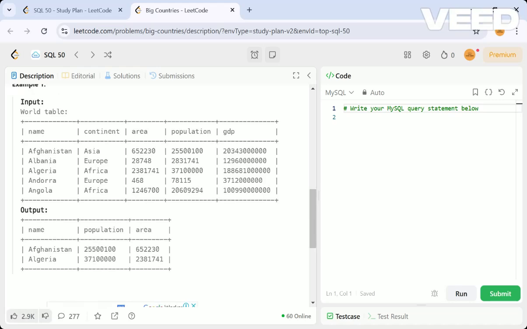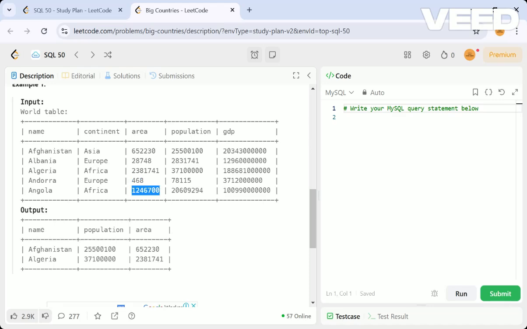On that condition, you can see Afghanistan has a population greater than 25 million, at least 30 million. Otherwise, other countries will have lower values. So this is 2, and then 465, and then 12.